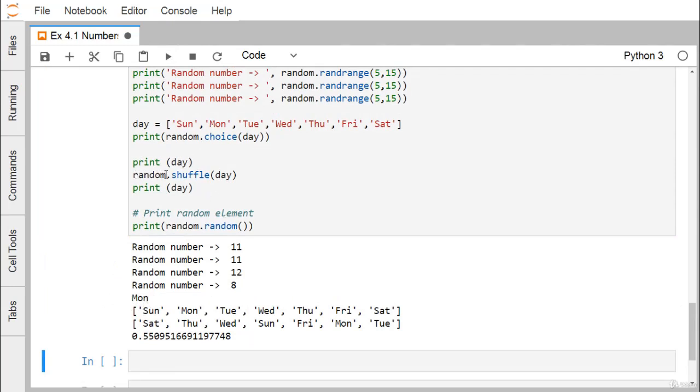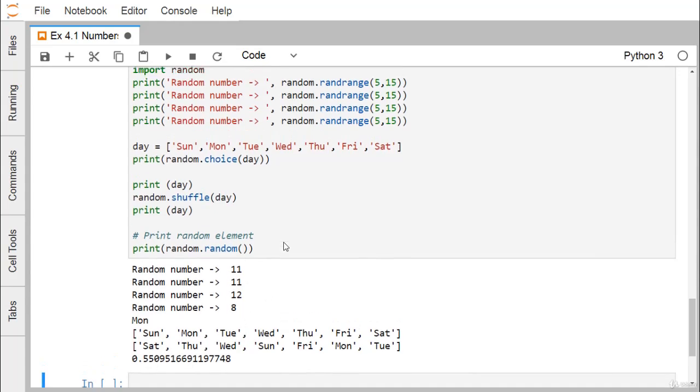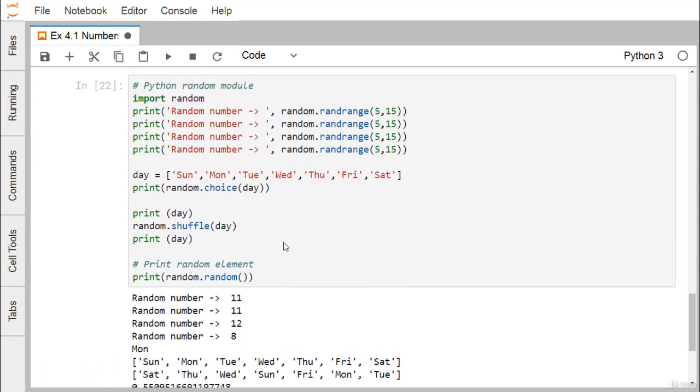Now we are going for random.shuffle of day. Then if you print day, we can find that this is a different arrangement of the list elements, and the list elements have got shuffled. And then we have this print random element. If you want to print a random element, then the method is random, so we can print the respective random element here. So in this particular program, we have discussed multiple different aspects of number types